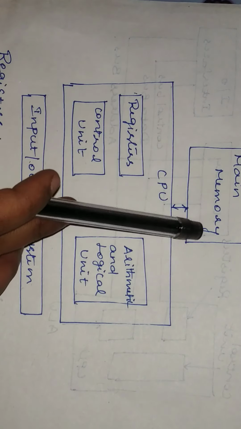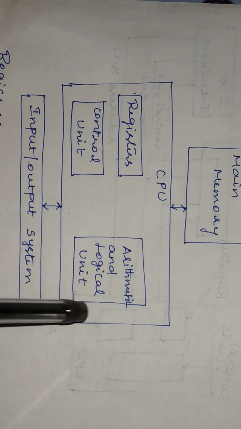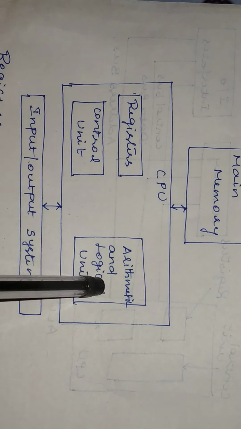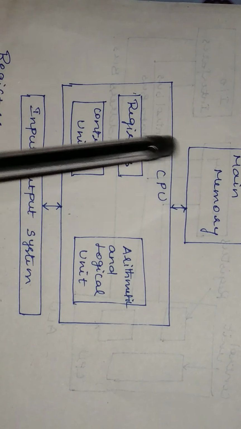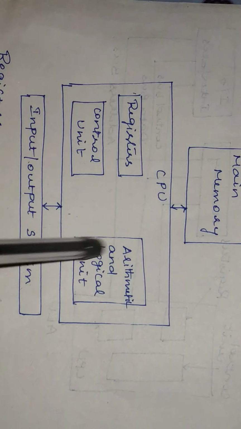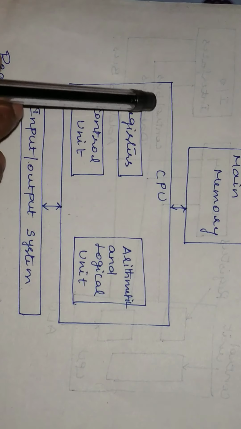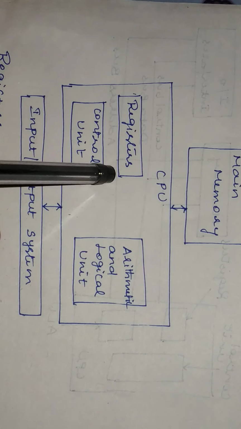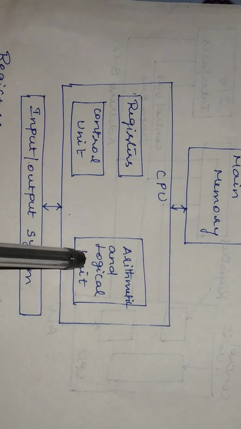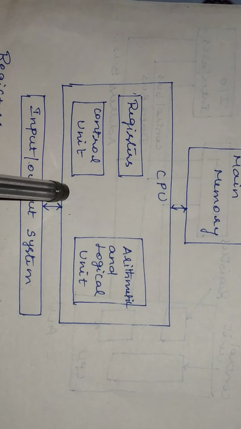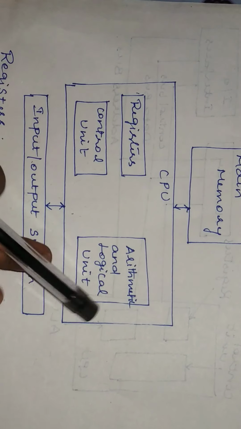Here the speed of the other units, which are nothing but the control unit and the arithmetical logical unit, does not match the speed of the main memory unit. So the speed may differ between these units, and it will not produce the result within a particular time. So we have this register in order to reduce the access time of data or instruction. It can sync with the speed of the other units that are stored inside the processor. So that is the purpose of using this register when we have the main memory.